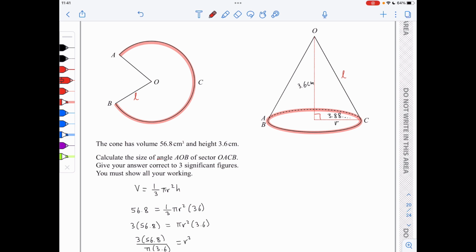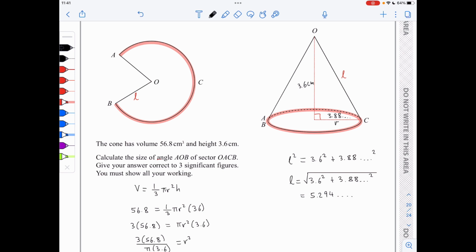So I will use Pythagoras theorem to find L. So L squared is 3.6 squared plus 3.88 squared. So I will find L by taking the square root of the right hand side, and L turns out to be